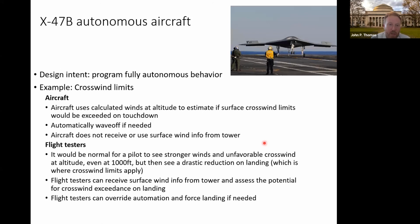that this is going to wave off due to crosswinds. The other thing, and related to that, is they didn't put any feedback about what the altitude winds that were detected actually were. What was it assuming the surface winds were? It was never displayed for the flight testers. So even if they knew that that was one of the hooks that triggers wave off, they had no way of anticipating that it would happen. Now, on an engineer's console somewhere else, they had access to that data, but nobody thought it would be useful for the flight testers to have until they actually started flight testing and it was coming in for landing,